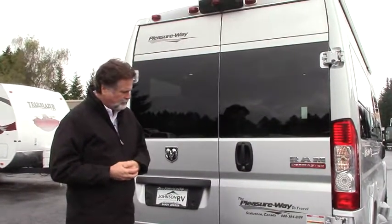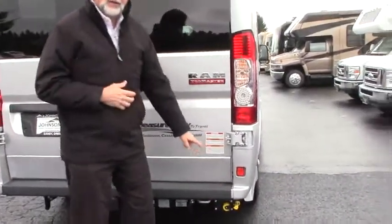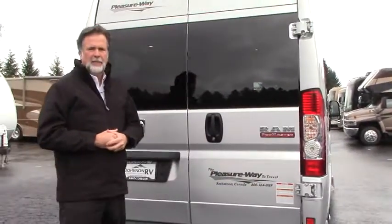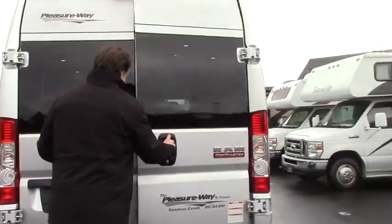but that's still enough to tow quite a bit, frankly. I'll point out here too that you have a stem off. This is where you fill your propane on the Lexor, and you also have a stem off there for if you want to put a little outside grill to do some cooking. I'll open the doors here,